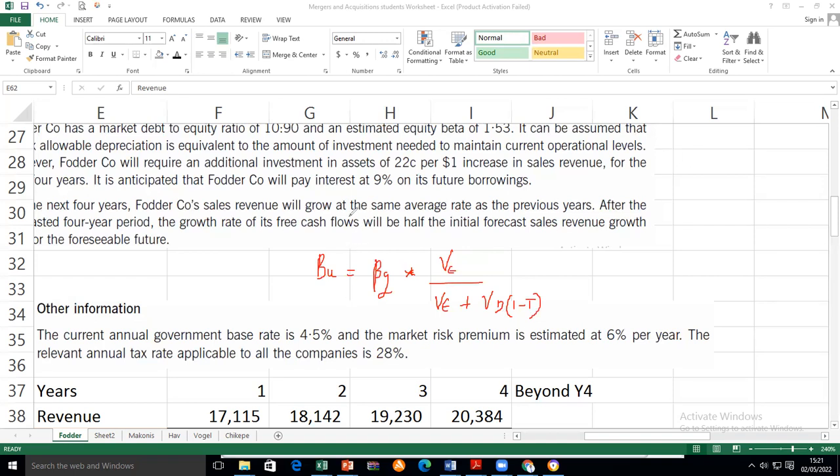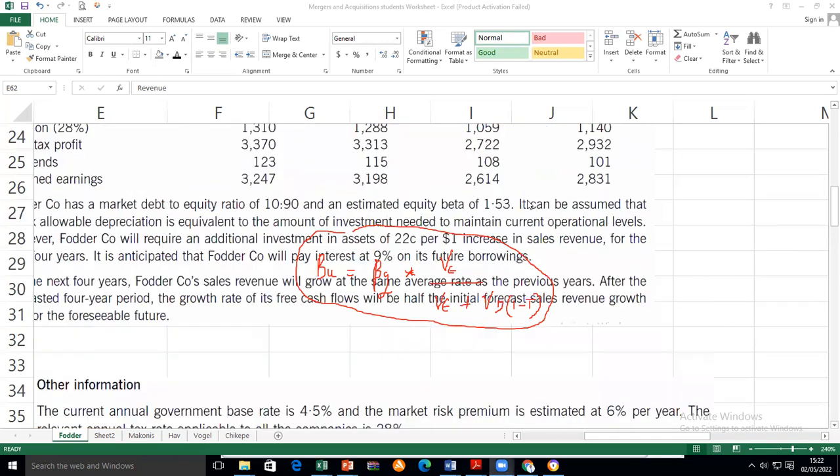So you see, this is not a difficult formula. And the good news is that you're going to do this again and again and again, so you become an expert. Let us try it. For Fodder, everything is here. So our asset beta for Fodder will be